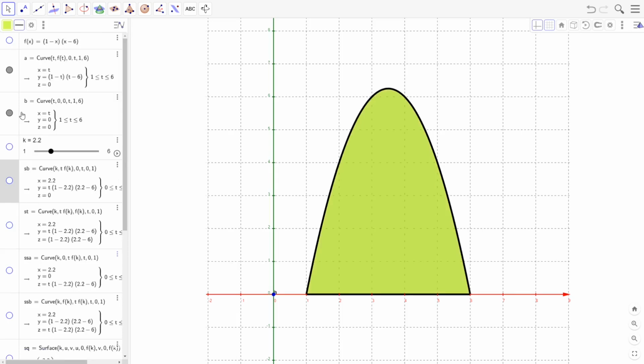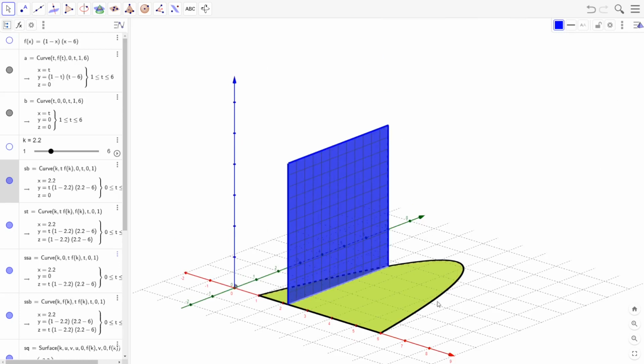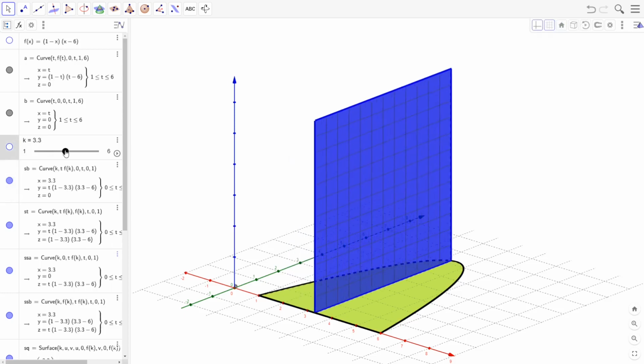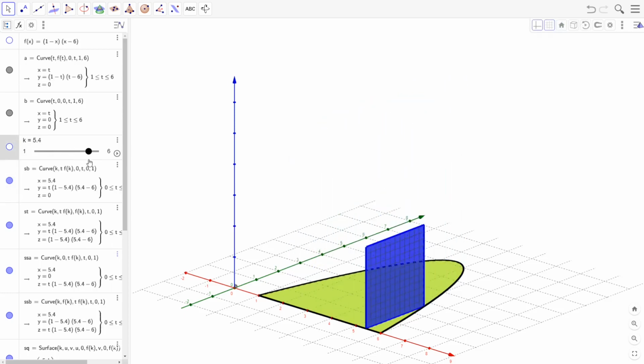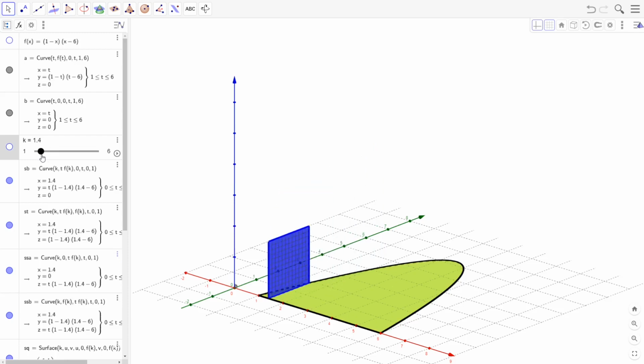Now let's let this region be the base of a three-dimensional solid. Let's slice this region perpendicular to the x-axis, or parallel to the y-axis, and above this little slice, let's build a square. So that when we look at this object in 3 dimensions, a slice perpendicular to the x-axis will be a square. Depending upon where we put that slice, the square may be very big, or smaller, or very small.